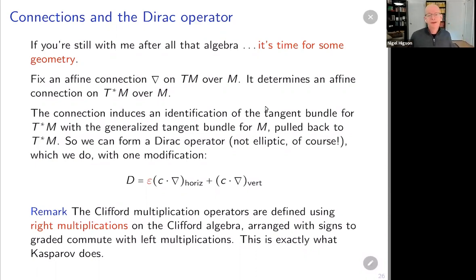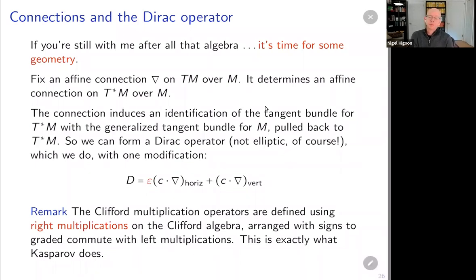Let's start with an affine connection on the tangent bundle over the original manifold M. Well, of course, then you get a connection on the cotangent bundle over M. And so what? Well, with this data, you can talk about horizontal vector fields on T star of M. And therefore, you can identify the tangent bundle of the manifold T star of M with the generalized tangent bundle, GTM, pulled back to T star of M. So the tangent bundle of T star of M, once you've chosen a connection, falls apart into two bits, a horizontal bit and a vertical bit. And using the connection, we'll just build a Dirac operator, so to speak, the usual way,